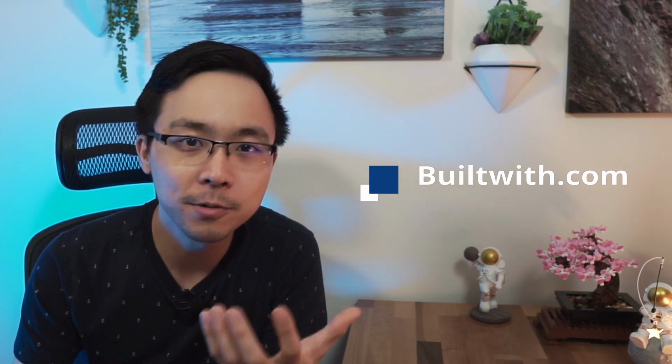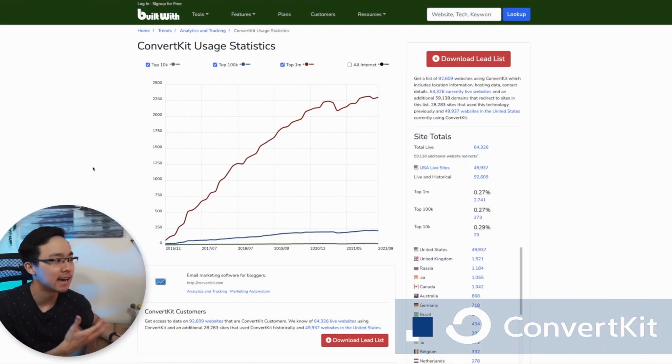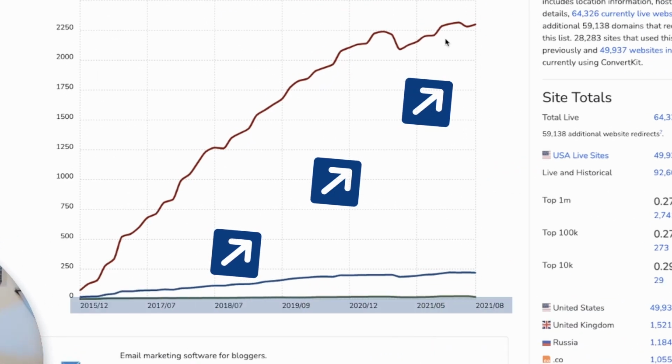But to really prove out whether or not this has worked, there's a great website called builtwith.com where we can take a look at how all three of these businesses have grown over the years. Builtwith.com essentially scours the web for different web applications and tools that sites use, to see which tools different sites are using most frequently, and then tracks that over time. If we dig into that, you can see that ConvertKit has grown in terms of overall usage from 2015 to 2021. So they've grown as a business, and that makes sense.